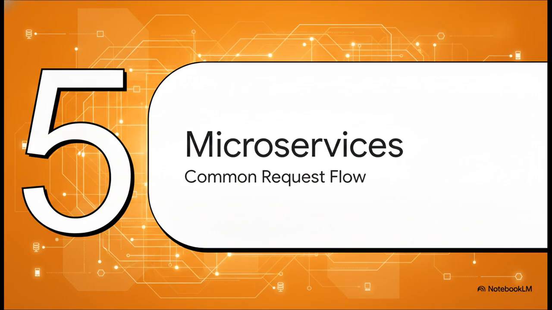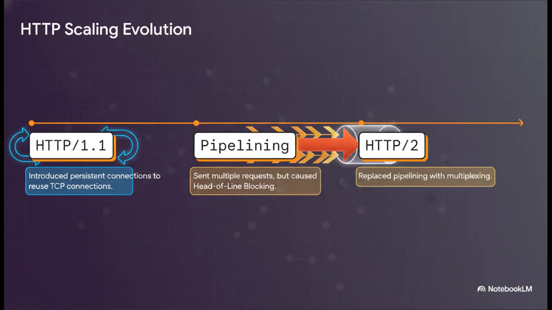Section 5. Multi-service ecosystems. So, the way HTTP handles scale has evolved massively over the years. Originally, opening a brand new TCP connection for every single request added a ton of latency. So phase 1 was HTTP 1.1, introducing persistent connections, which let us reuse the same TCP connection. Then, phase 2 tried HTTP pipelining, sending multiple requests without waiting. But responses still had to arrive in order, which caused something called head-of-line blocking, where one slow response literally stalls